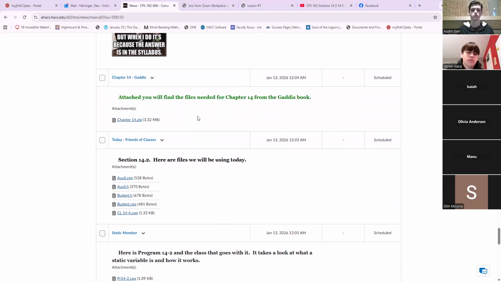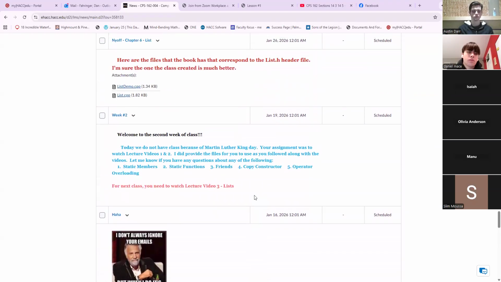The other thing is, we don't have code listings in this class. Code listings would be huge for you to type in. So a lot of times I give you all of the files for the chapter, so you have the code to work with. So you're going to get a zip file of everything from chapter 14, so you'll have all of this as you're watching those videos for chapter 14.